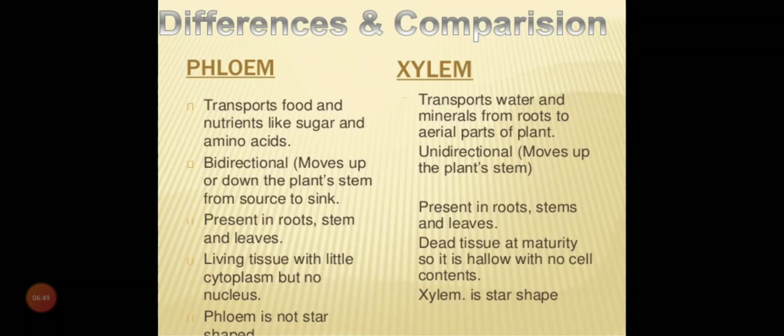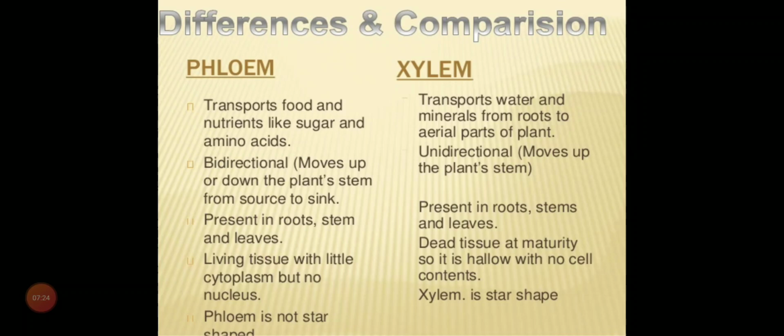Now second point is important. Phloem has bidirectional movement. Bidirectional means, suppose a leaf is present in the middle of the plant, then it should also supply the food material that is being prepared by the leaf to the top of the plant as well as the bottom of the plant. So its direction should be bidirectional, otherwise the whole part will not be covered, or in the whole part the food will not be translocated. And xylem moves unidirectionally because water is being transported from roots to all parts of the plant.